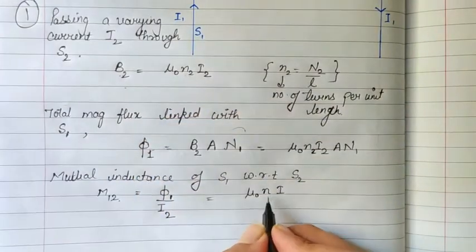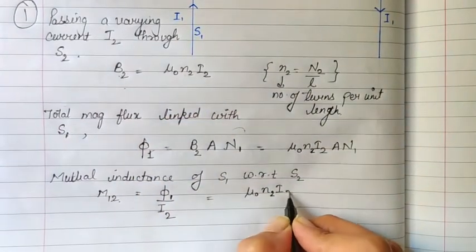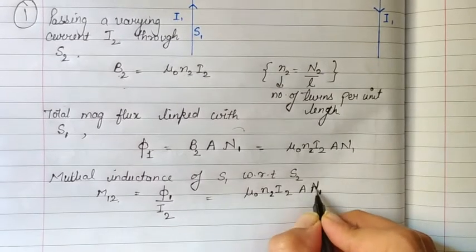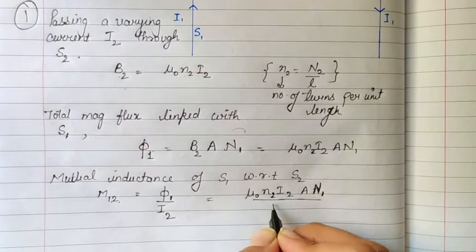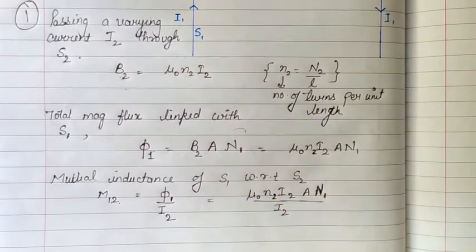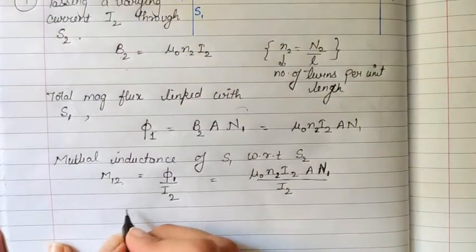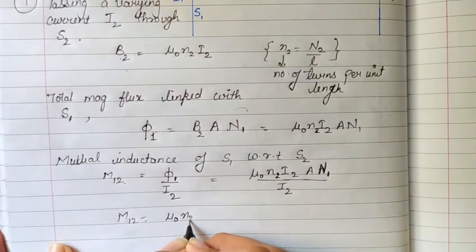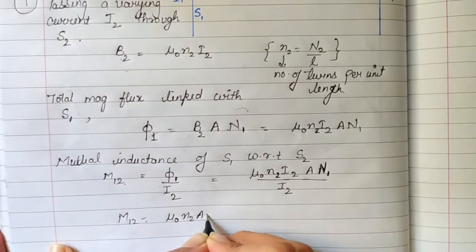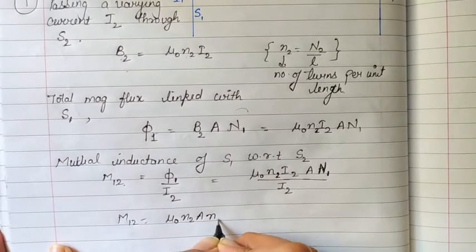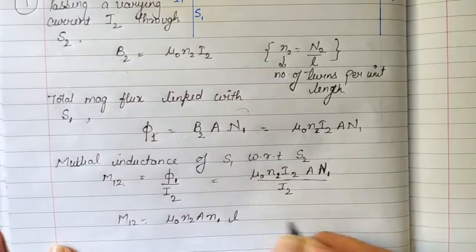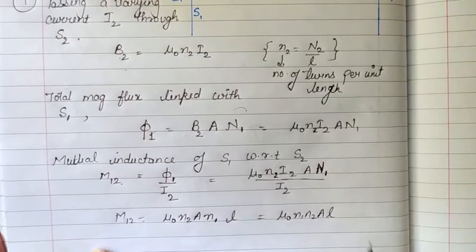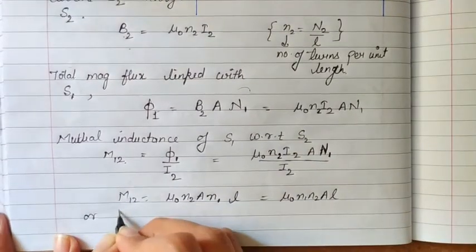B2 is mu naught N2 I2, this is N2. So N2 I2 A N1, capital N1 upon I2. I2 and I2 will cancel out and it will become M12 equals mu naught N2 A, and capital N1 we can write as N1 into L. So it will be mu naught N1 N2 A L, or in terms of capital N it will be